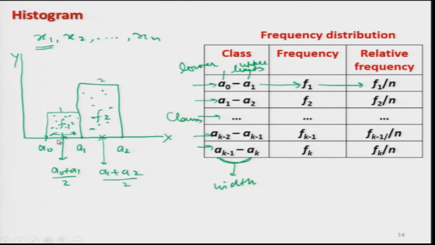The frequency of the class interval 1, A0 to A1, is f1. So, assuming that all the values are at one place, I make the frequency f1, and similarly the height of this one will become f2,